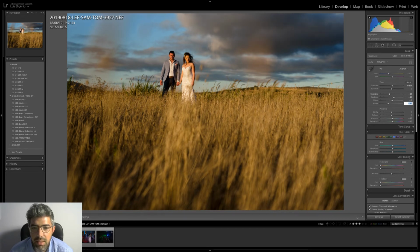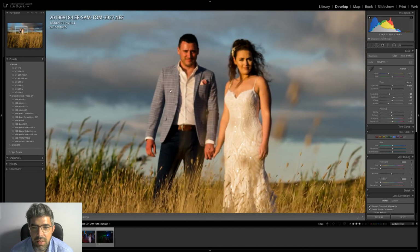And the blacks, because it was a little bit darker here on the left side of the image, I'm just going to open a little bit. I'm not a big fan of this, you can see that there are completely different skin tones and the reds are